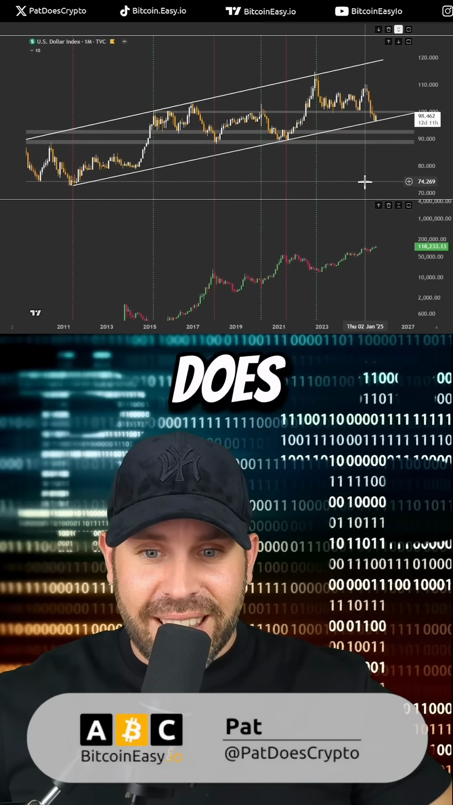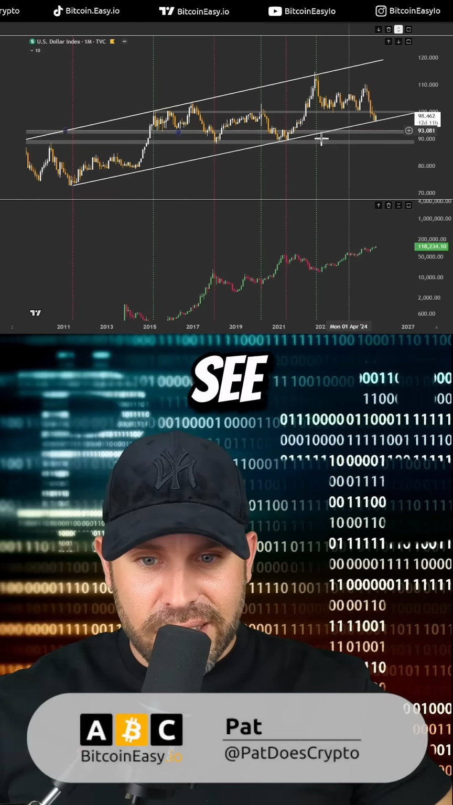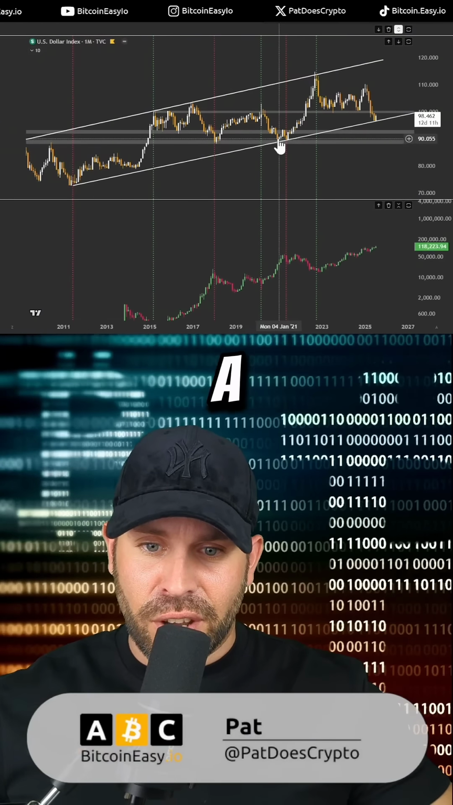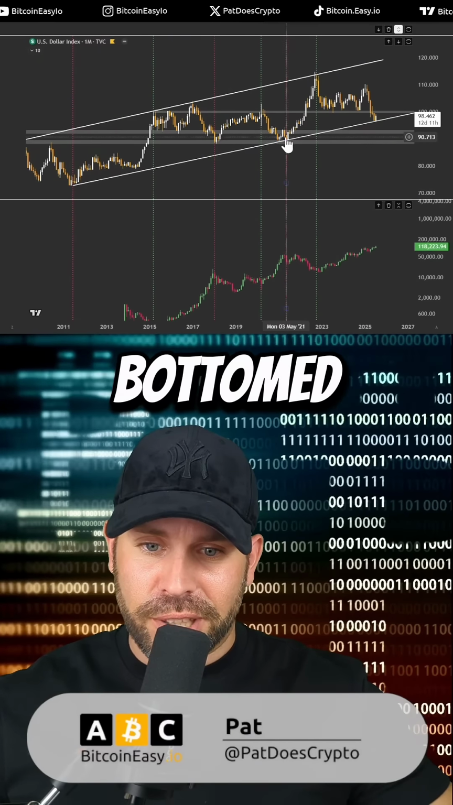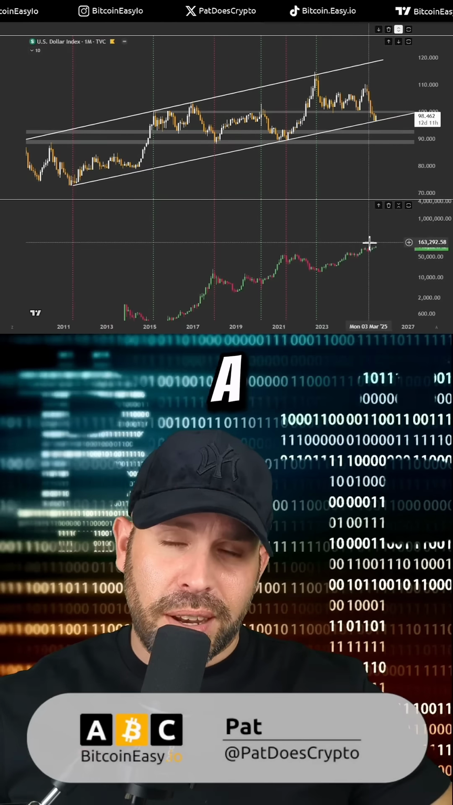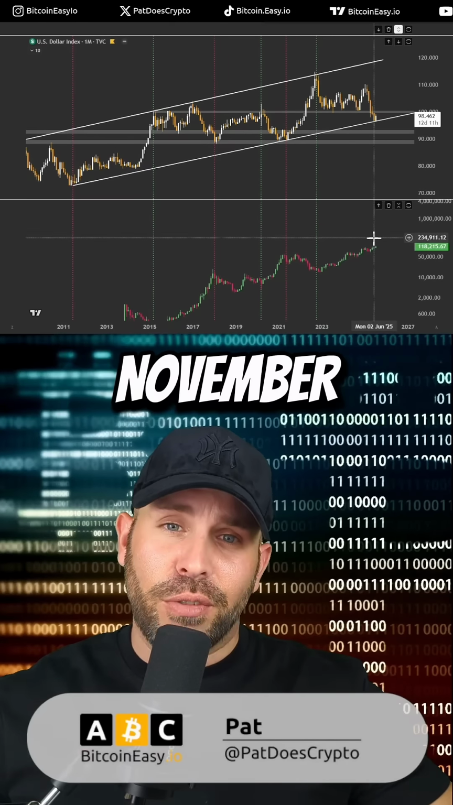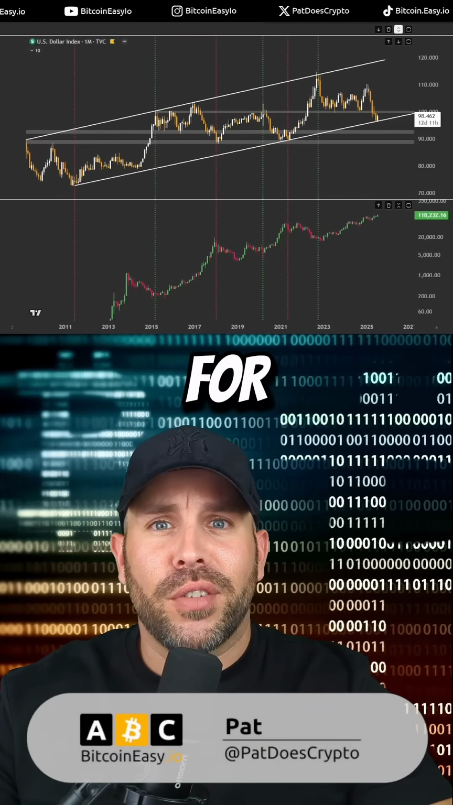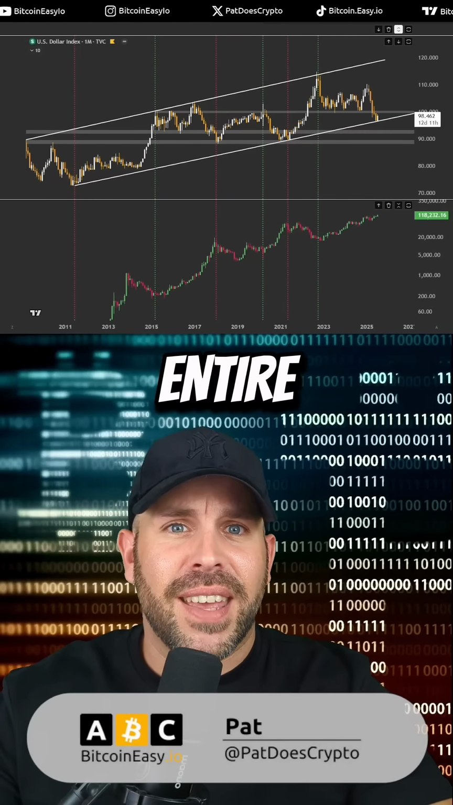Of course, that does not need to happen immediately. You can see here in the last instance when DXY reached the bottom, it took a few months before it completely bottomed out and started rallying up again. And that could then coincide with the top that a lot of people predict sometime in November, December this year. So this DXY trend is at a massive inflection point for Bitcoin, and tomorrow we're covering the entire crypto weekly